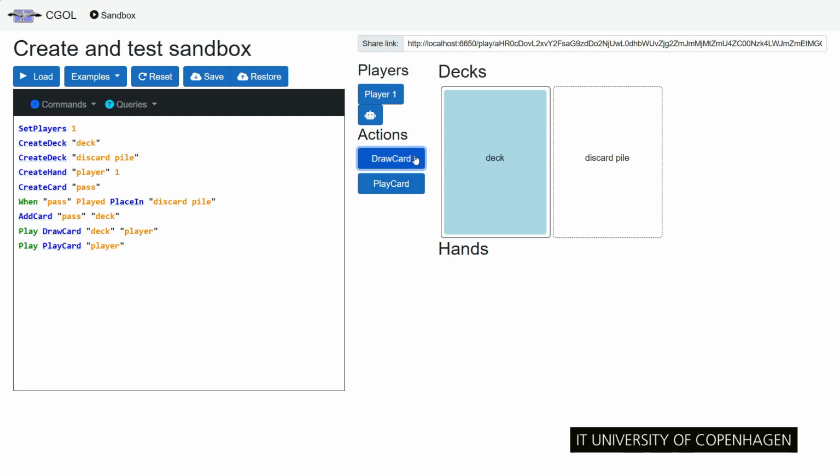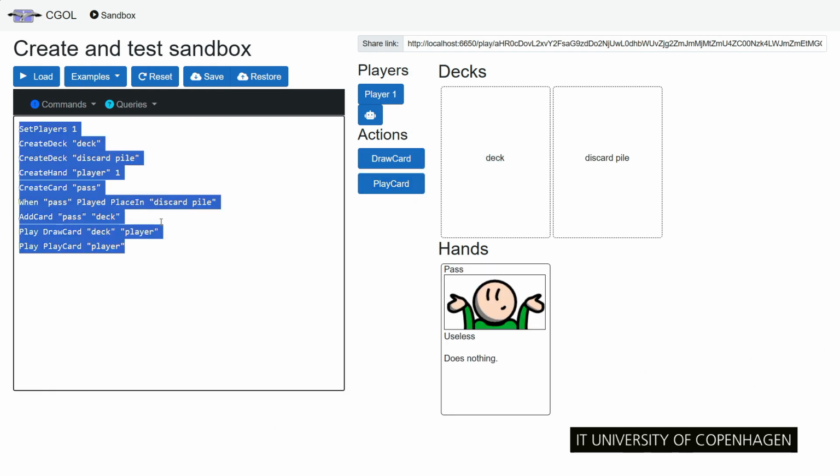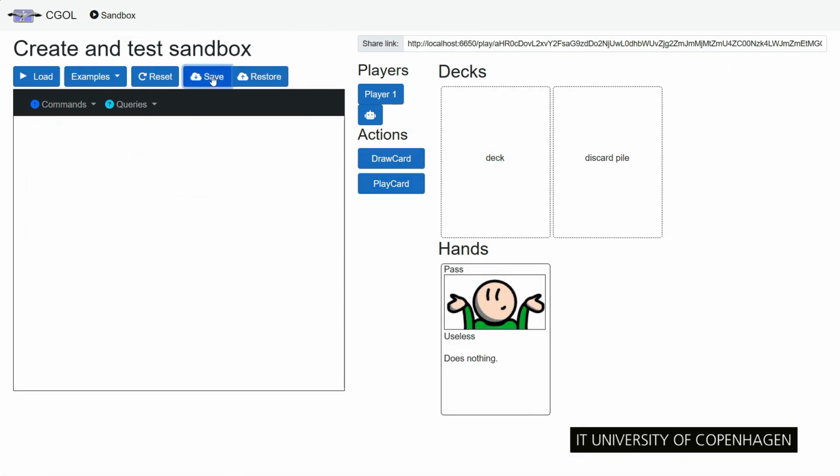It's possible to load in concepts while the game is running, for example by deleting the text in the editor, writing new text and pressing load again. The results will be apparent in the play area. To show this, I'll add another instance of the card to the deck.